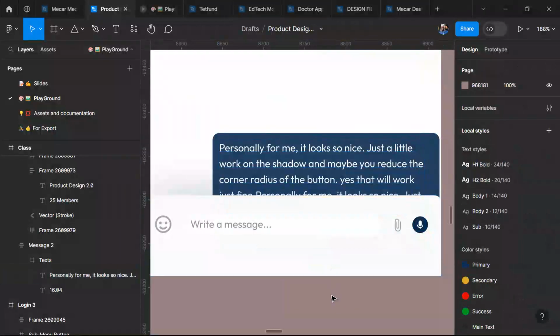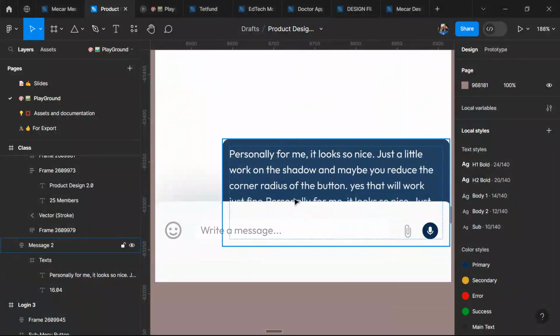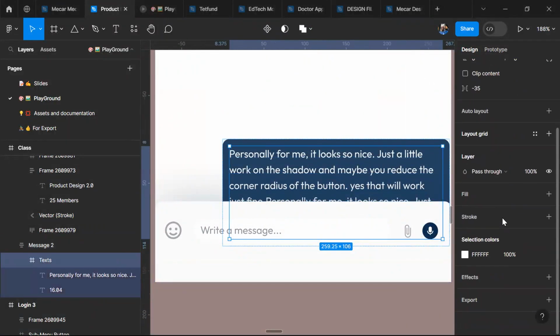If you look at this stuff now, personally for me, it looks nice, just a little blah, blah, blah. Yes, that will work. It's like there's something still missing. If you want to read, that means you want to scroll and see what is under this. But if I had this truncated like this,